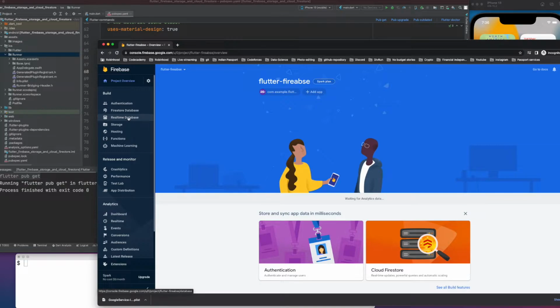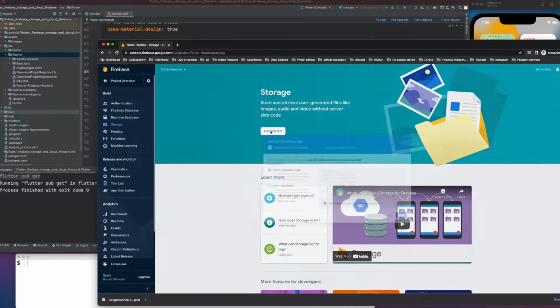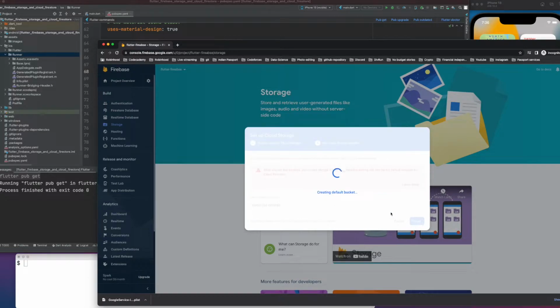Let's go ahead and actually create our storage. So for here we have to go here, get started. We'll start in test mode. Done. It takes some time. Now we are initializing our storage. We see that it's creating a default bucket. So it's like a bucket where we can push our images. Now once that is done,